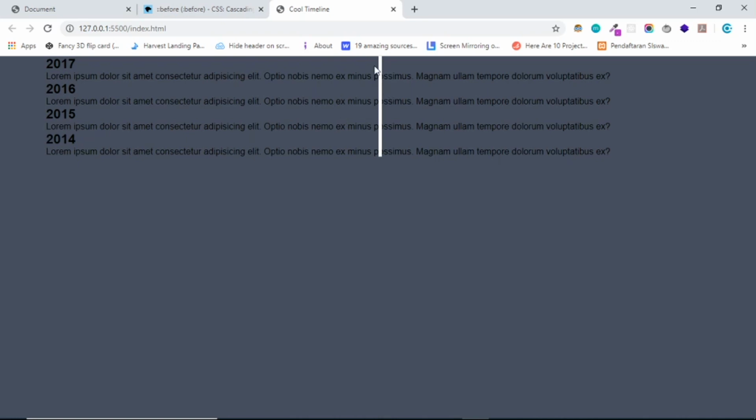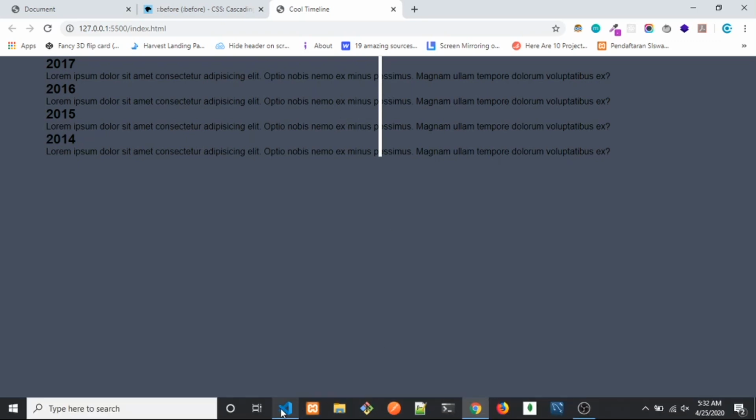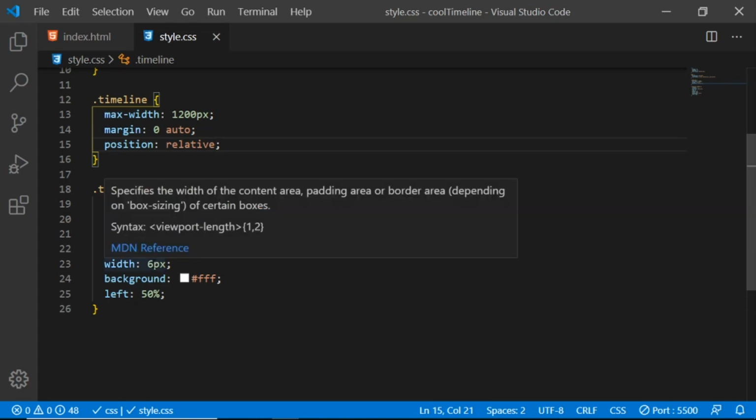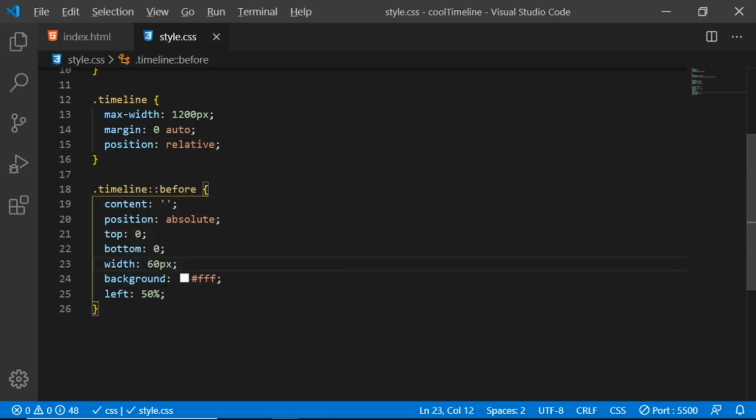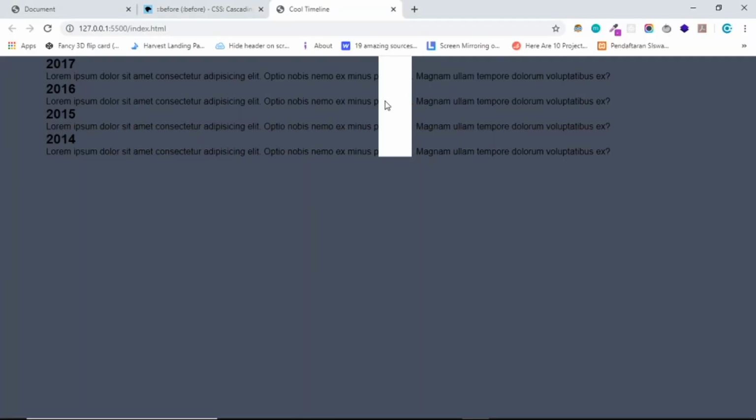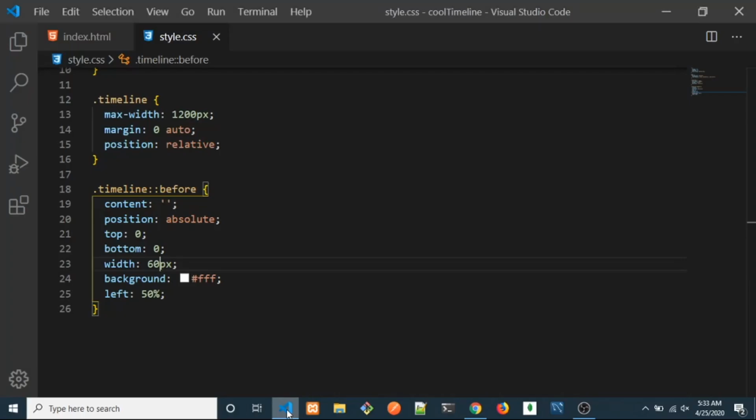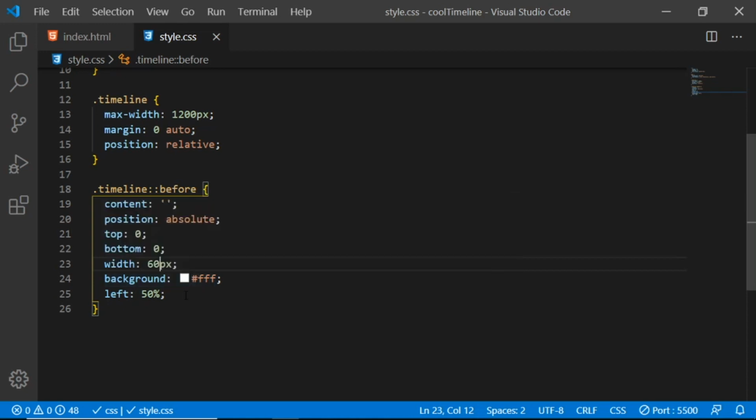So it's not in the center. I'm going to show you what happened. Just say 60 pixel. Here we go. It's not the center because from here until in here is 50%, and this is 6 pixel, right? We need to push the timeline in here to the left side. So let's do in here. I want to give a